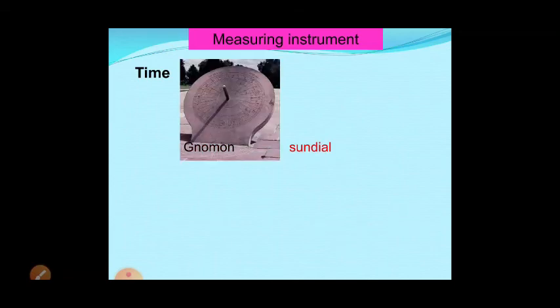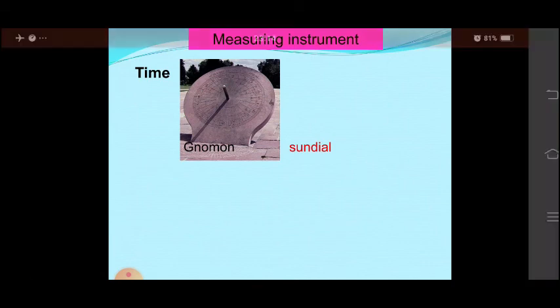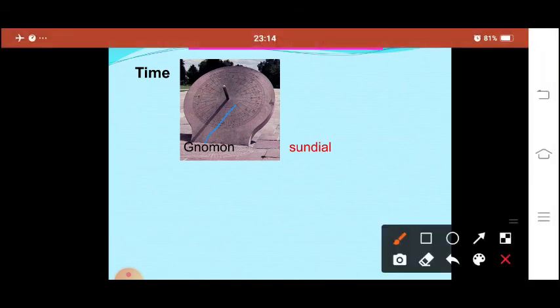So to use the shadow they used an instrument like the gnomon. You can observe here, this line, there is one handle like this. When the sun moves from east to west, the shadow will move this way. As the sun moves, the shadow changes its place. In this way they understood the time. So this instrument's name is gnomon, and here they are using the shadow.